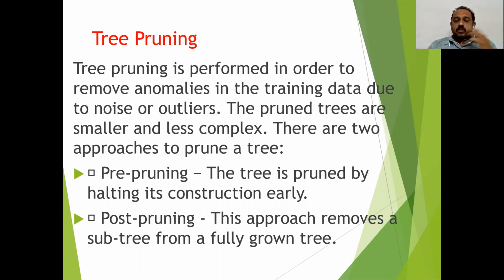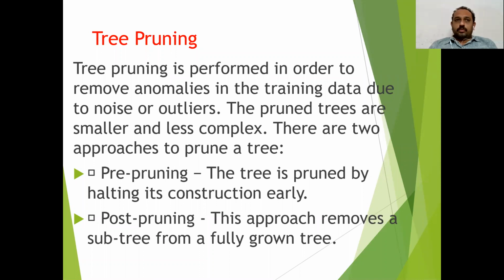Anomalies means noise or outliers. We already know that in pre-processing the data, in the real world, every data is dirty. The meaning of that sentence is that some data is missing, some is inconsistent, inaccurate. So we will take that data, pre-process it, and finally load the data into the databases. So here a pruned tree means smaller and less complex. The pruning is very easy.